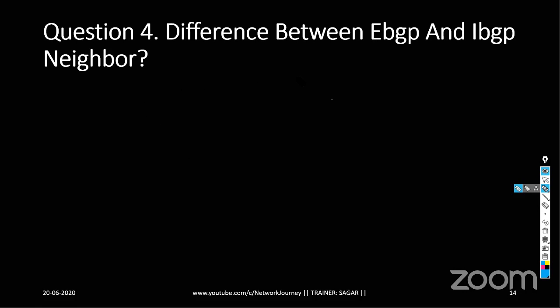What is the difference between IBGP and EBGP? Though we have not discussed it, I'm not looking for a very technical answer. Give me a very simple answer, or if you can give a very good answer, that's also fine with me. I don't mind. The port numbers are different. Yes, it is 179 and 20.